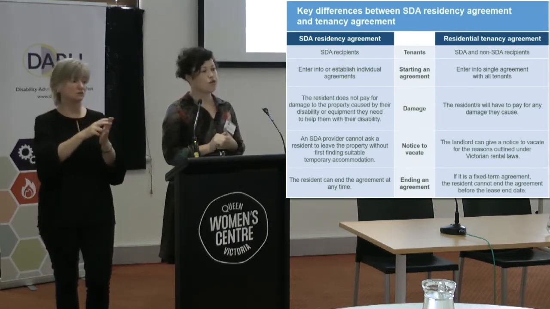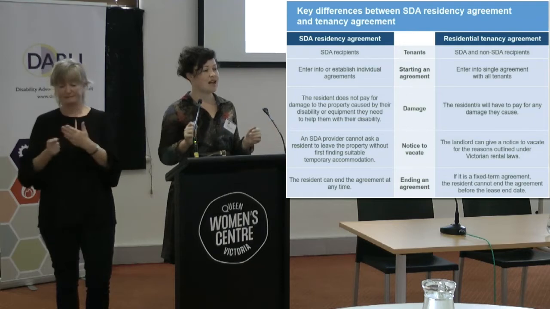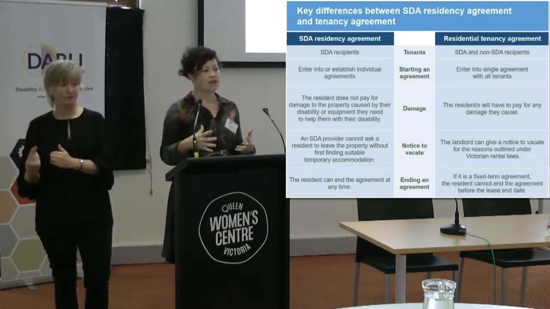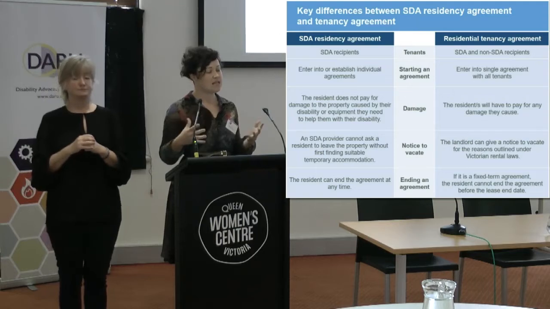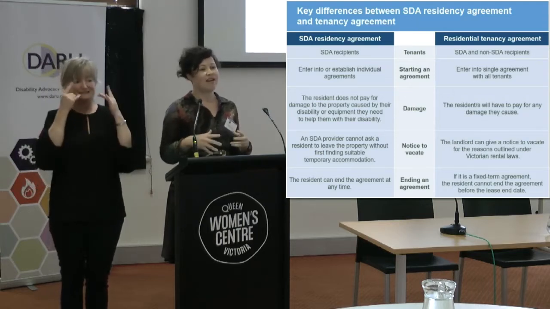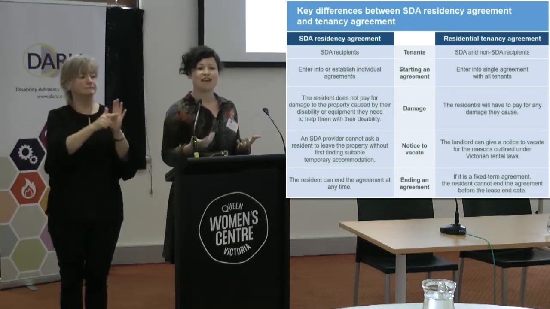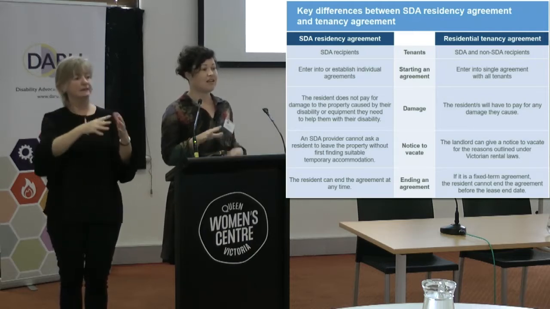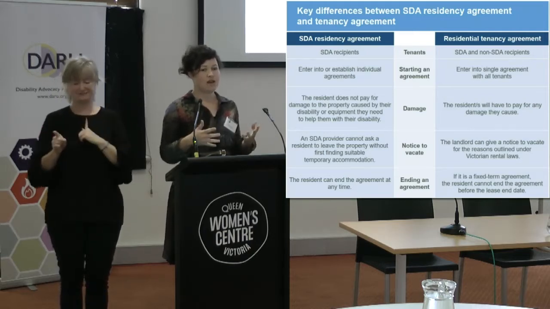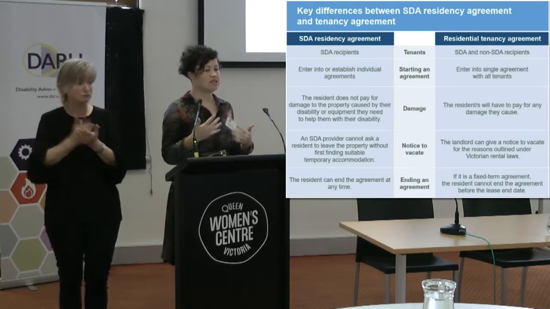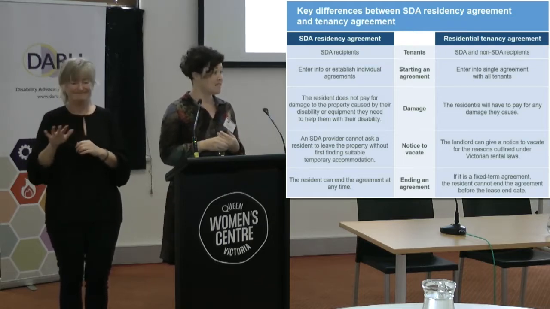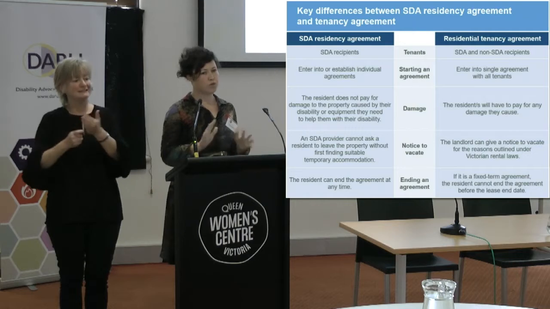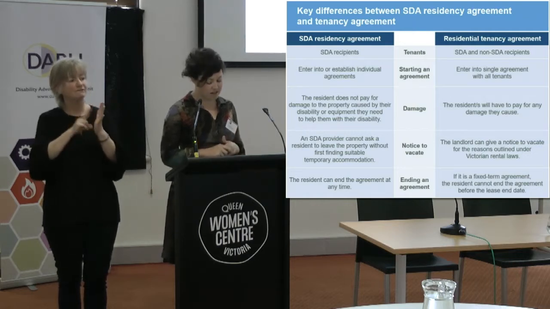With a tenancy agreement, the provider and the resident have to be able to sign the contract. So there is kind of a test, it's not built into the legislation, about a resident needing to have the capacity to enter into a contract in order to become a tenant under a regular tenancy agreement. And this is really important, and we realise that this is going to be an area that may get tested, and we've been talking with Tenants Union of Victoria, but I just wanted to highlight that as an important distinction today.